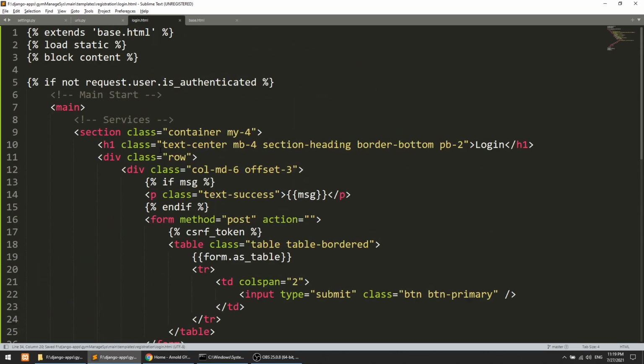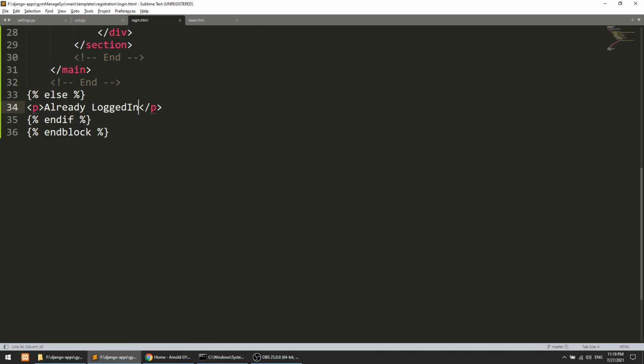So what it is doing: if not authenticated, then we are showing the form, and if already logged in, we show the message.